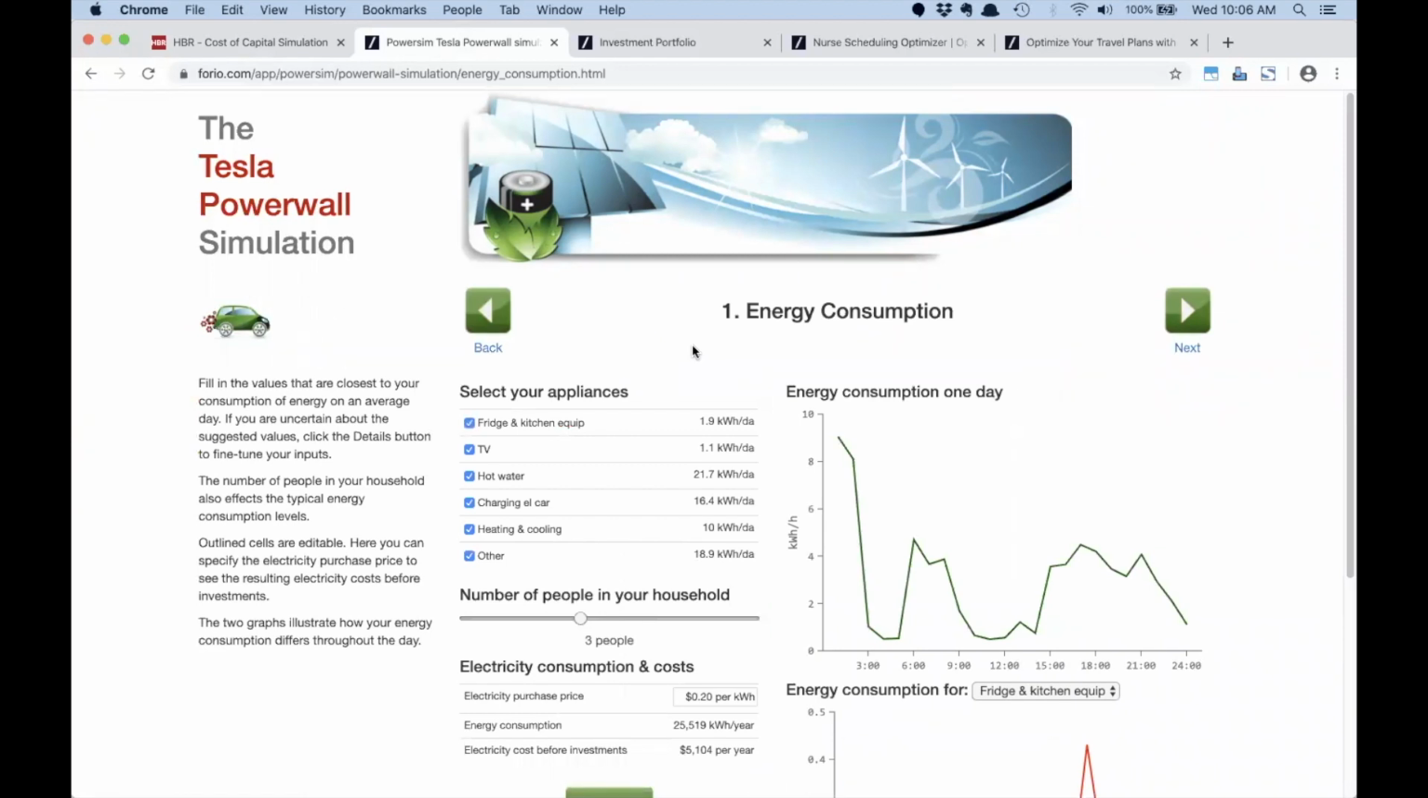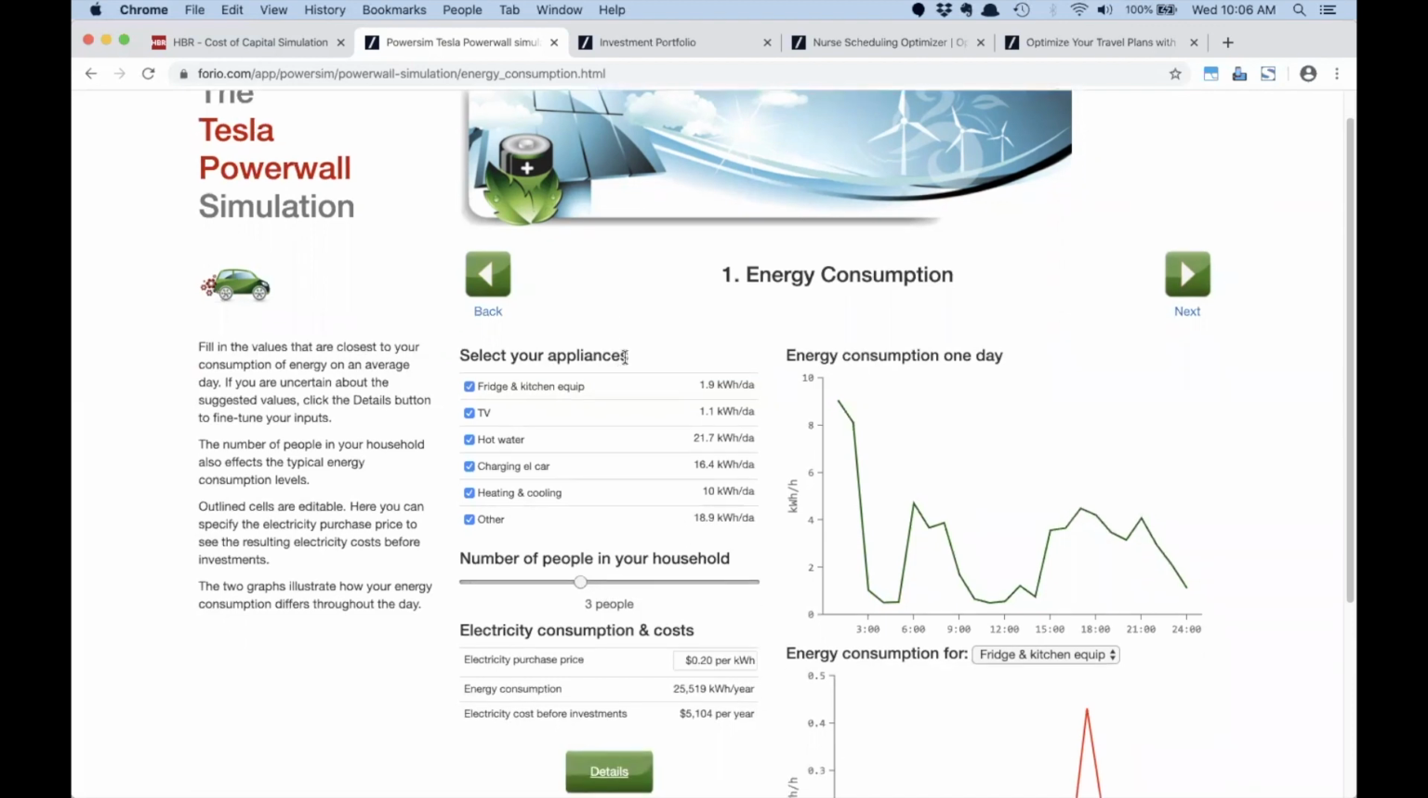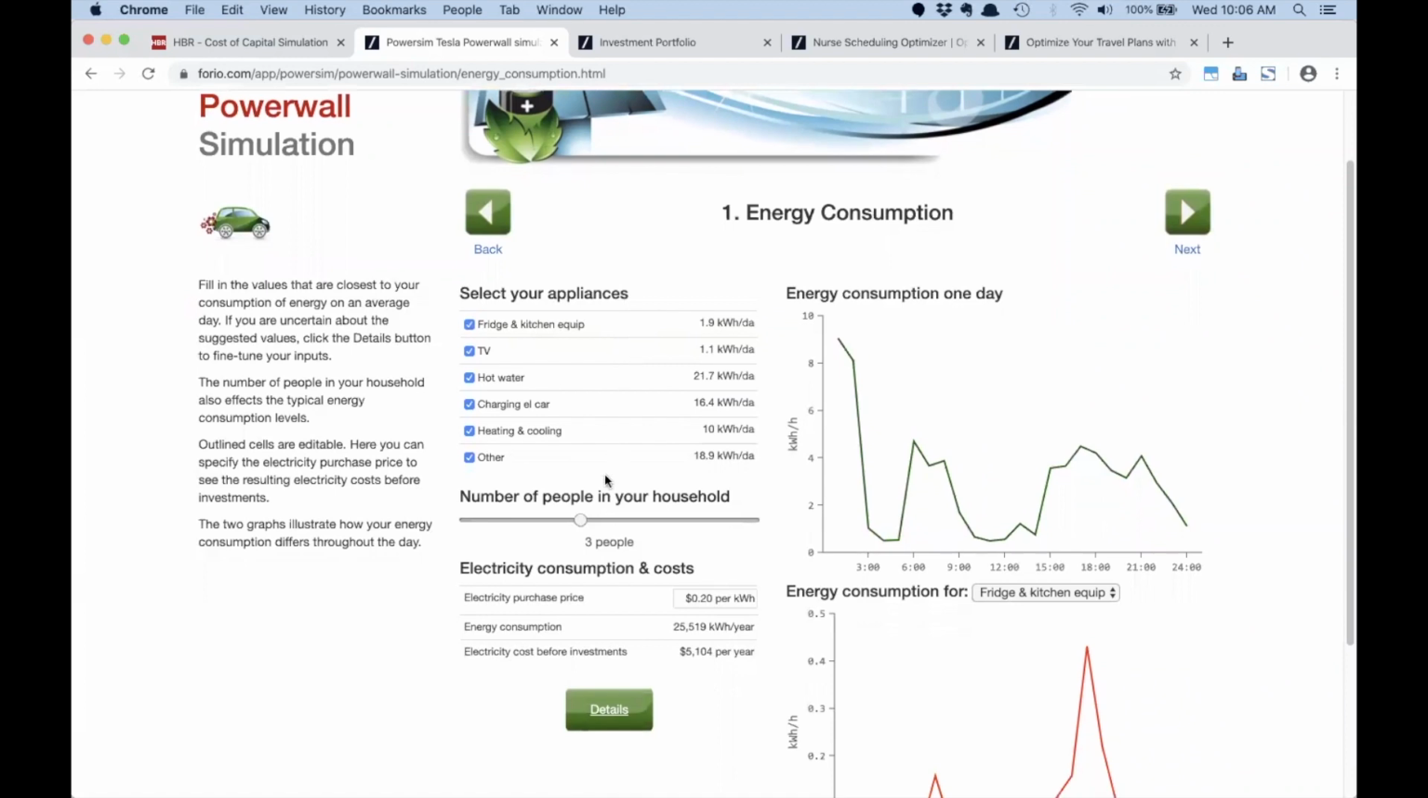Essentially, these are batteries that you would put in your garage or maybe your basement that would store power from your solar panels that would be on your roof or somewhere, and then discharge that power in the evening when sunlight isn't available. So here, the starting point with this is to look at your own energy consumption per house, and